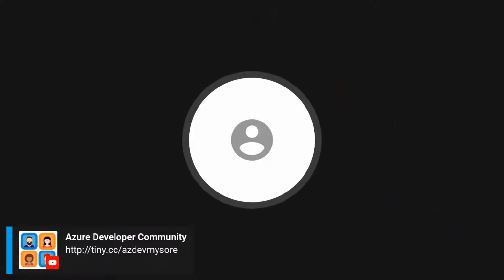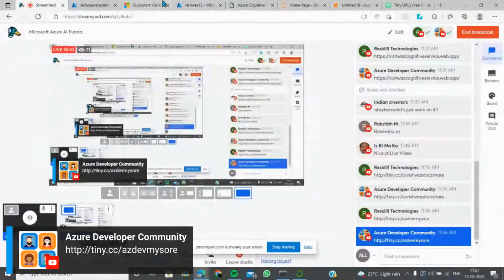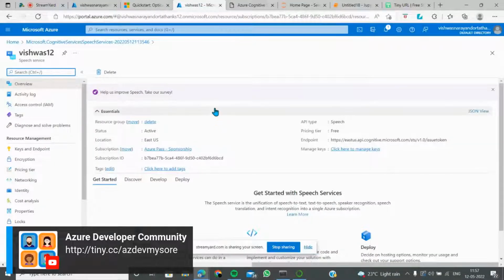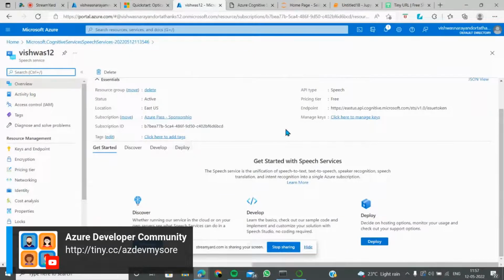So let me just turn off my camera, share the screen so that you guys can work on different aspects. So I think my share screen, perfect. So this was a speech thing. This was the speech cognitive service that we wanted to convey. And now let's just go to this. So if you want, you can just go for a quick start.